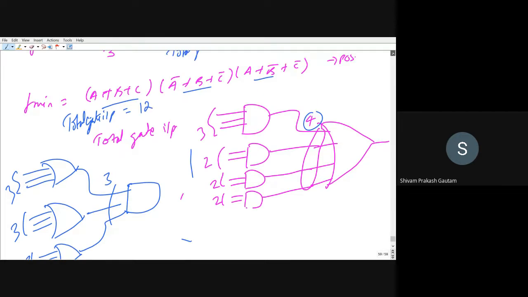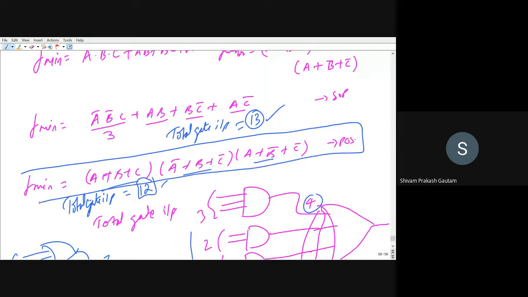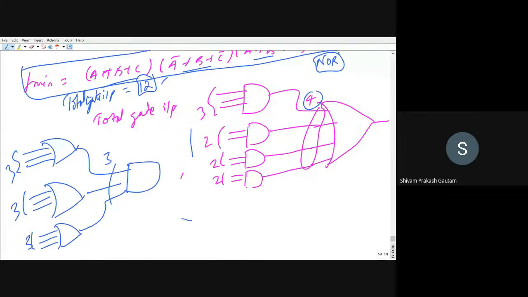Now, if you see for both 13 and 12, which is least? 12 is least. So that is why we will go for this as the real minimal. That is POS form. And when you go for POS form, you will choose NOR gate as your universal gate. When you go for SOP form, you will choose NAND gate as your universal gate. Okay. So since POS form is giving us the real minimal, we will use NOR gate, because here the gate is not mentioned.